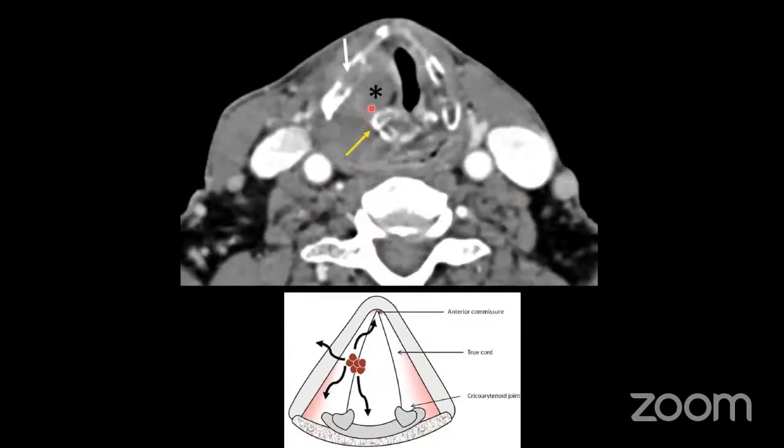Another example of disease spread with through and through cartilage destruction and exolaryngeal spread through the thyroid membrane and through the cricoarytenoid space as well. So this is widening of the cricoarytenoid space, which again suggests that the larynx is dysfunctional and the patient is a candidate for the surgical option.